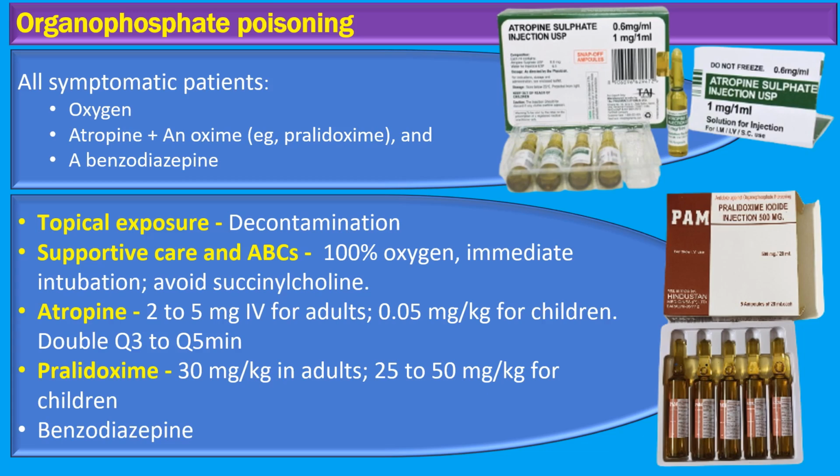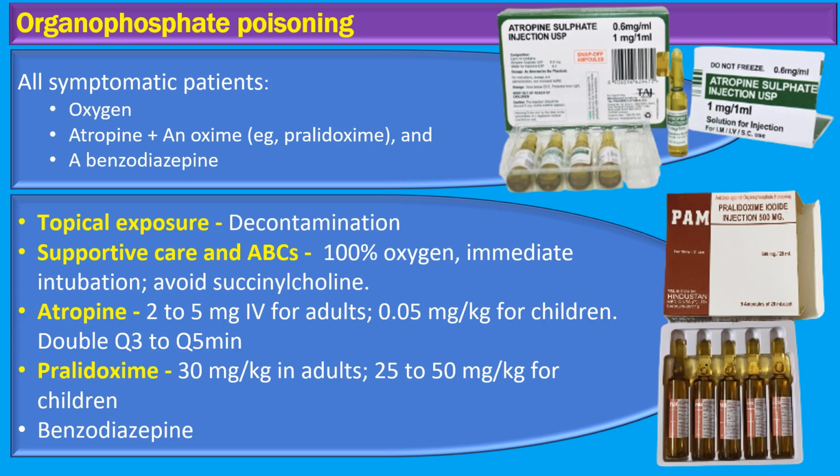Moving on to oxime therapy, which involves agents such as pralidoxime. This is another cornerstone treatment for patients showing clear signs of cholinergic toxicity. It's also essential for those with neuromuscular dysfunction or those who have been exposed to organophosphorus agents that are known culprits of delayed neurotoxicity. The World Health Organization has set forth guidelines for the administration of pralidoxime, an intravenous bolus therapy with a minimum of 30 mg per kilogram for adults and a range of 25 to 50 mg per kilogram for children, tailored according to the severity of the symptoms.